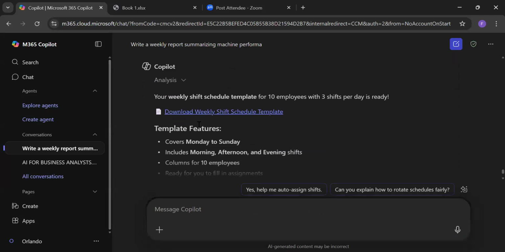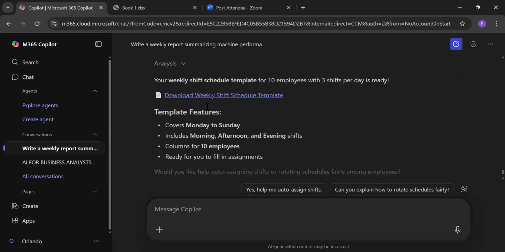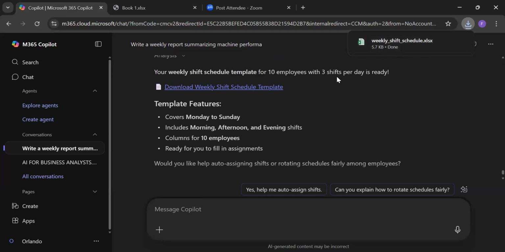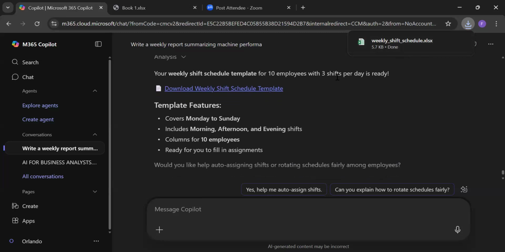So you see, you just created a weekly shift schedule where you can just download, and it will create a schedule in an Excel form for you as well. You created a schedule perfectly. If you created yours or you followed what I'm doing, you would have also gotten yours, so you can check it out and see how the schedule was created.